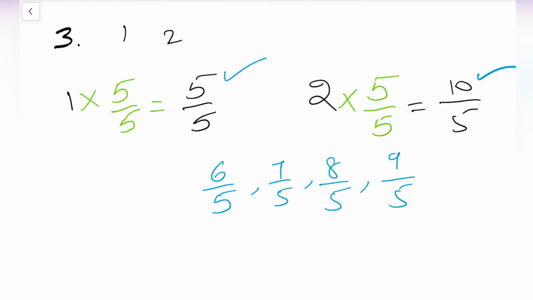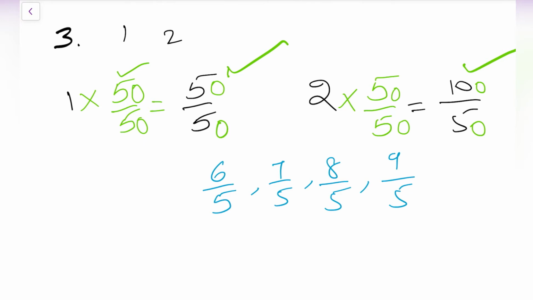Now, in the question they asked to find 10 rational numbers instead of 3 or 4. Then how can we do it? In that case, instead of multiplying with a small number, you multiply with a bigger number. In this case we multiplied and divided by 5. So now you multiply and divide by 50. Here also same 50. So 1 50s are 50 by 50, 2 50s are 100 by 50. Now whatever the numbers are there in between 50 by 50 and 100 by 50, you write all those. 51 by 50, 52 by 50, 53 by 50, 54 by 50, 55 by 50, like that. So many you will get. This is multiplying and dividing.